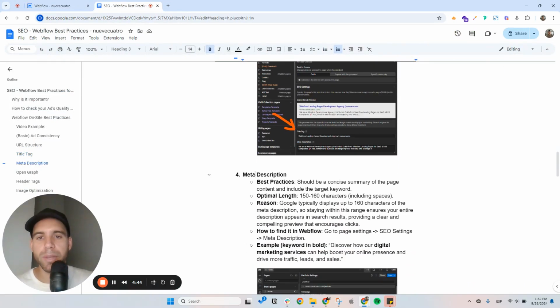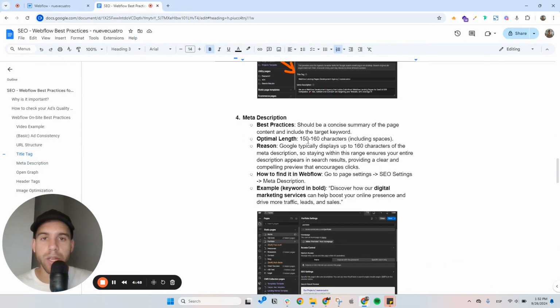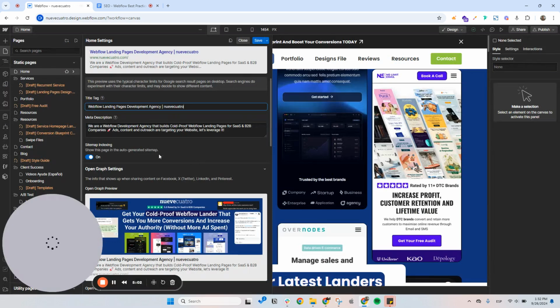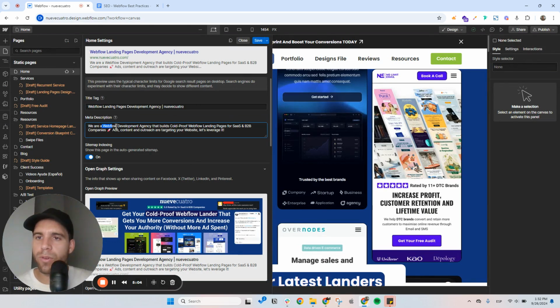And then, for example, the meta description, it goes together. Okay, it's 150 to 160 characters, and we can say something like, discover how our digital marketing services can help you with blah blah blah. So this is the keyword, and it has to be also the keyword. Okay, so we are a Webflow development agency, in which, as we add Webflow,